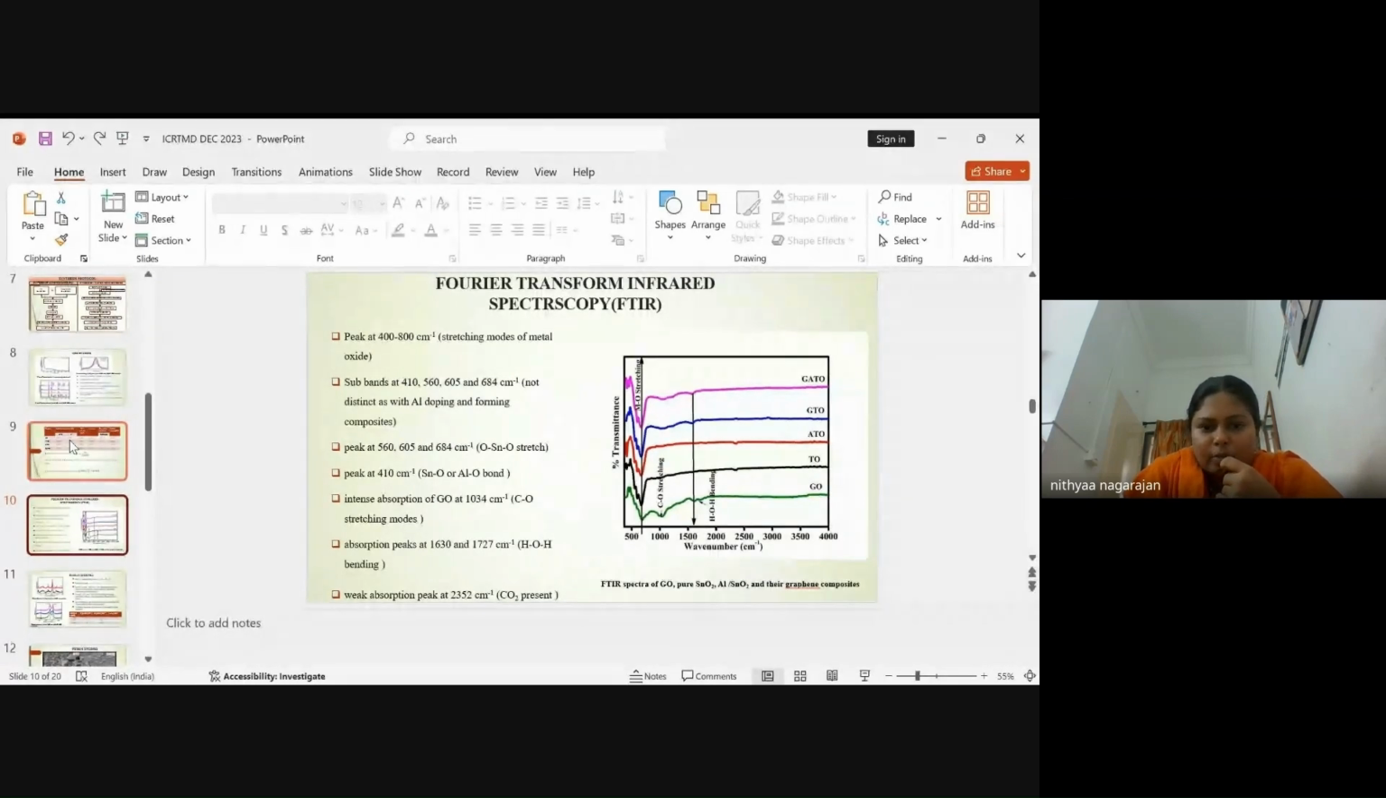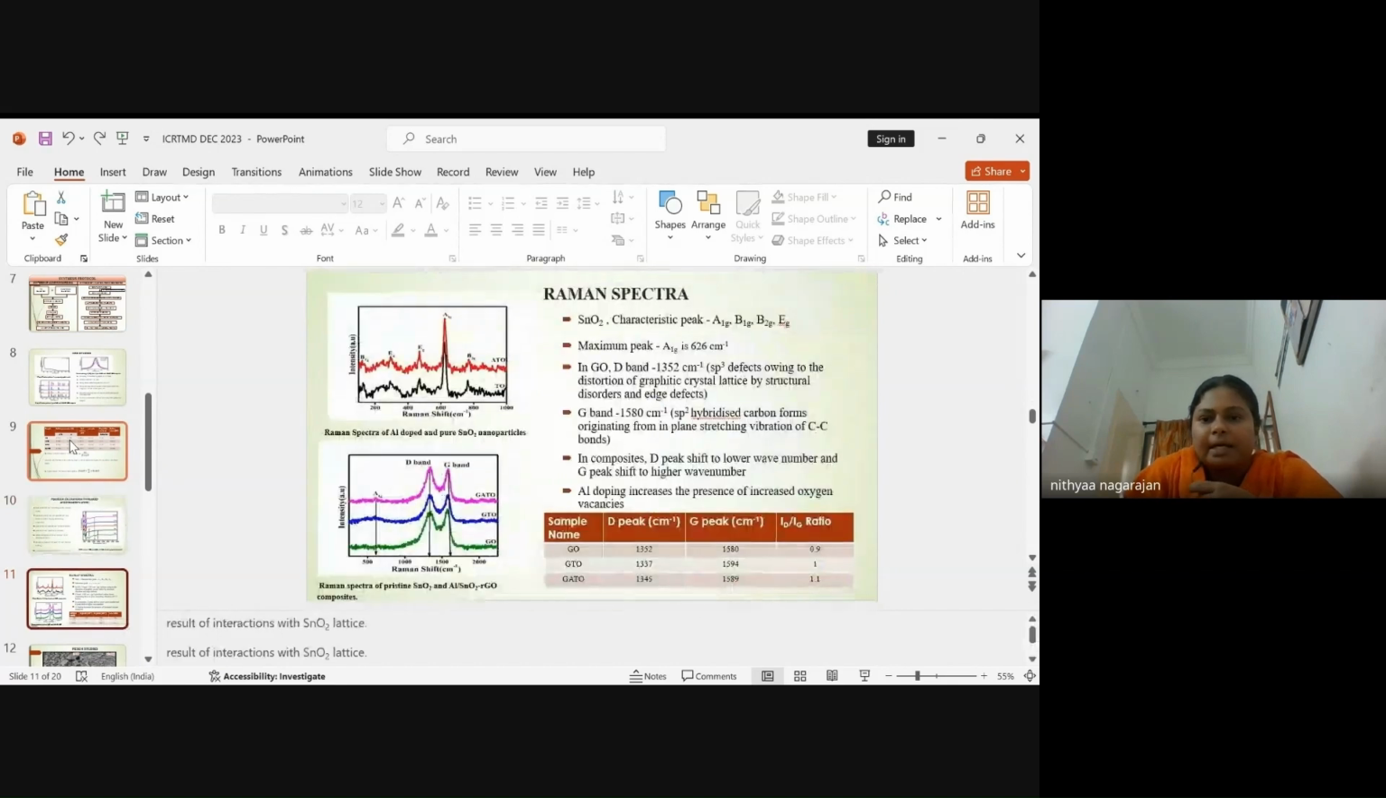The intense absorption of the GO is seen at 1,304 centimeters inverse. The weak absorption peak at 2352 shows the carbon dioxide present inside the compound. And the Raman spectroscopy of the tin oxide and aluminum doped tin oxide shows its characteristic peak with its maximum at 626 centimeters inverse, and the as-prepared GO shows the D peak at 1,352